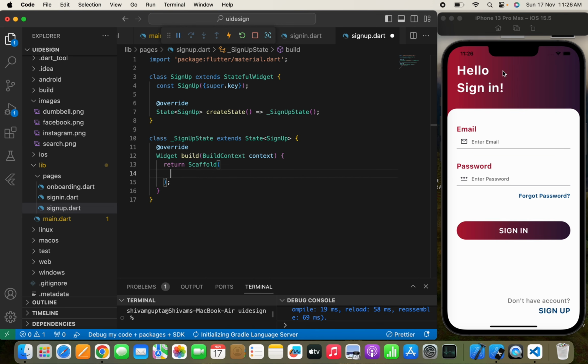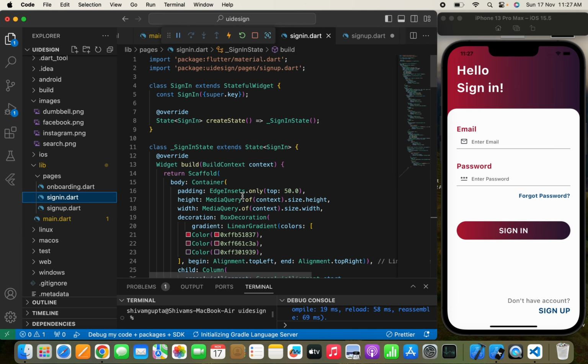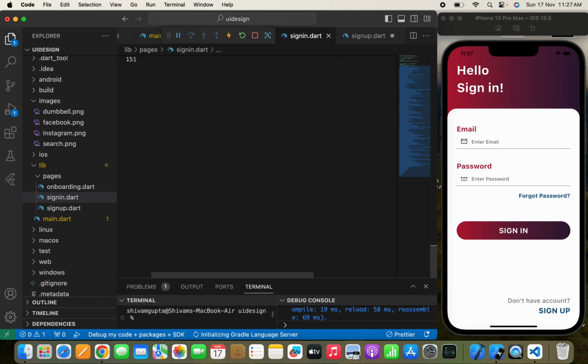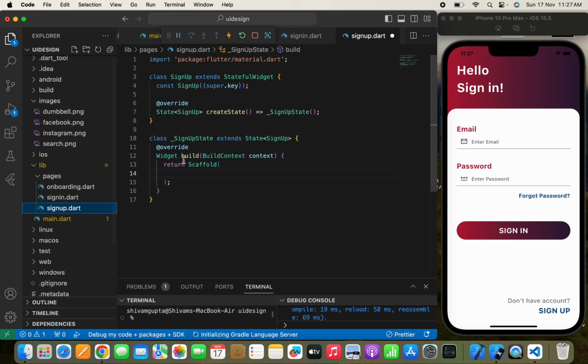So we'll simply change the "hello signing" text to "create your account", and here there are two text fields, so we need one more text field in our sign up page, which will be a name. So we'll suggest the user to enter their name. So we'll move to the signing page, and we'll copy this scaffold widget completely, and we'll paste it over here,